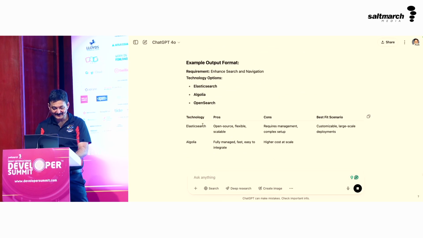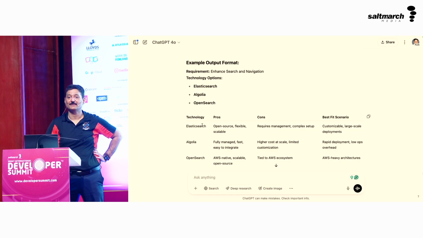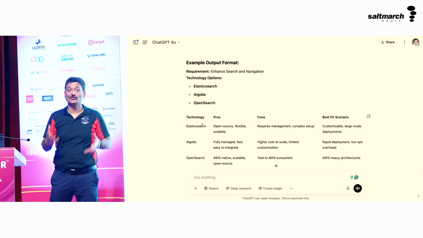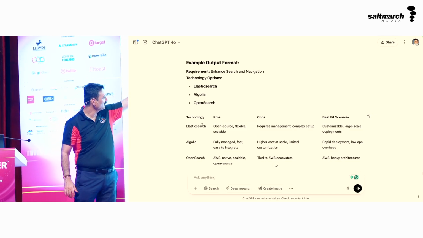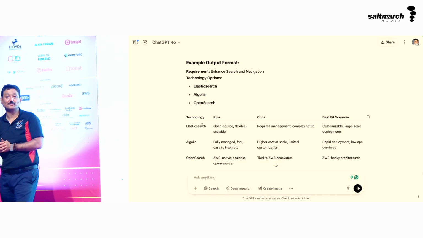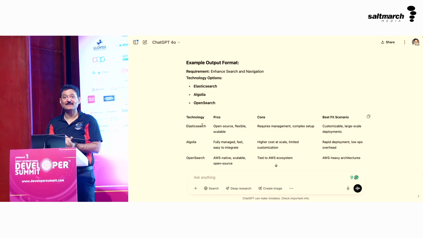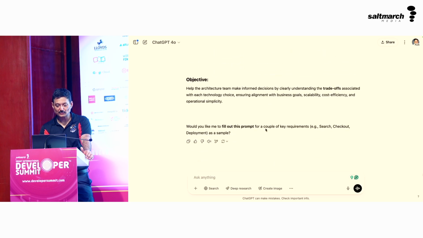Now at the end, it's giving me Elasticsearch, OpenSearch. These are the different searches which are there, with pros and cons and best fit scenario for all of them. Isn't that cool? Now as an architect, you are going in and talking to somebody. You have more luxury to say, hey, I'm going to pick Elasticsearch here because it's able to solve most of my problems. If you just give one example, probably not going to sell. As an architect, this is very important to be able to pick and choose between different